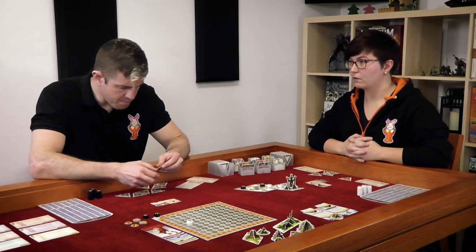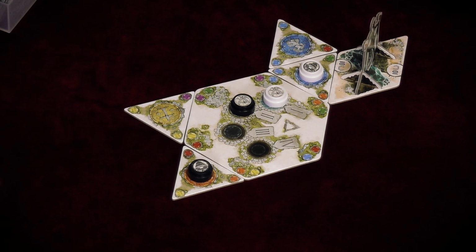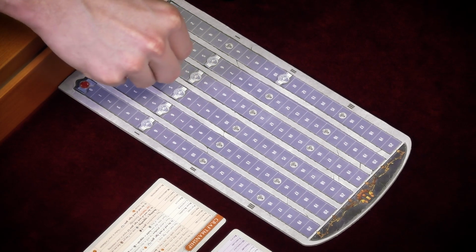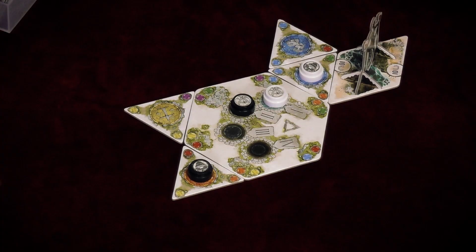Great. So during my grow phase, I'm going to place this tile here, which does have an advantageous alignment. So I'm going to generate 4 yellow and 3 purple. So 4 trade and 3 religion. And then I am going to build a yellow city immediately, which will...